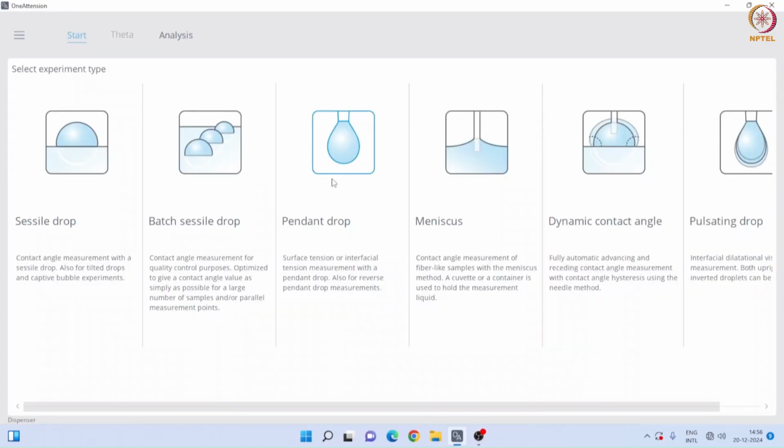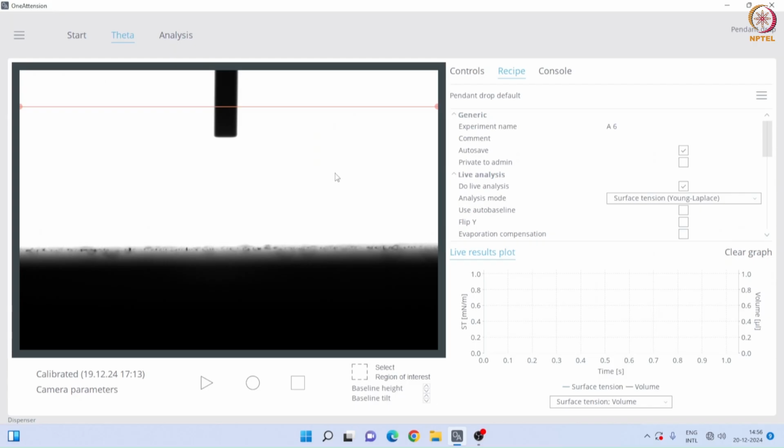Now let's move forward to the pendant drop measurement. As I told you, from the application window, just click on pendant drop. You can see this is how our system and stage looks in the digital position. Now remember, first you have to focus your needle properly so that whatever droplet you form is visible. You can also check or adjust your stage position so that it does not show any type of obstruction with the stage.